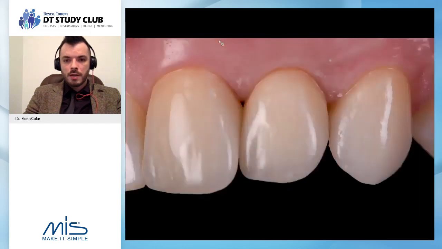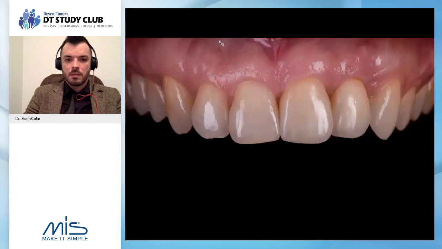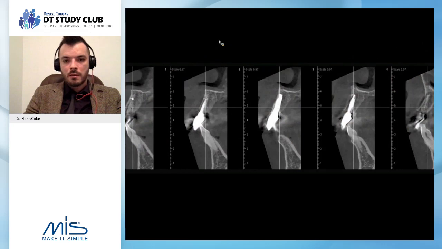This is the try-in. This is immediately after bonding. Bonded. I think the picture was taken the same day. There's